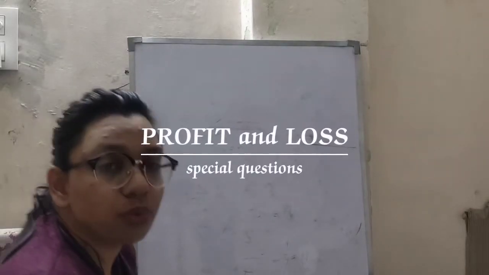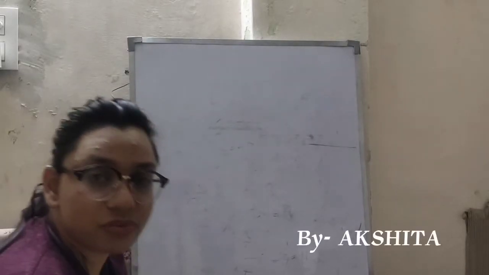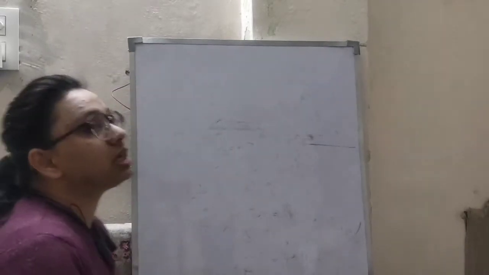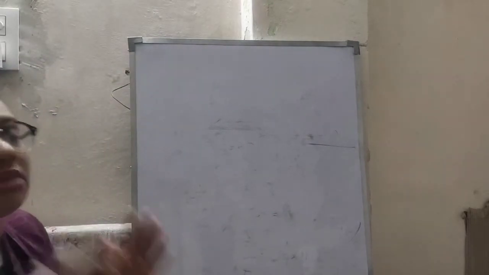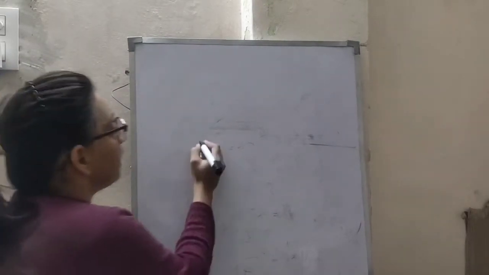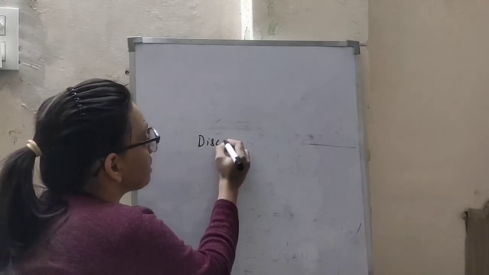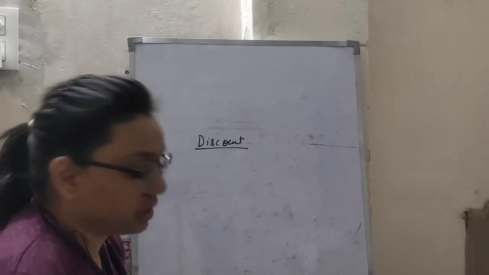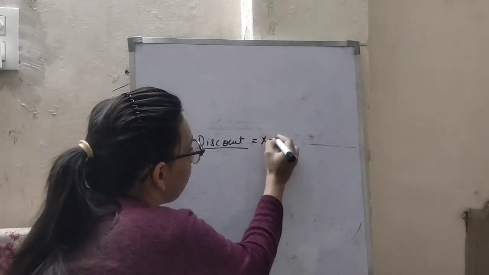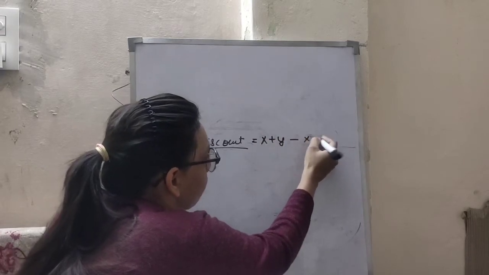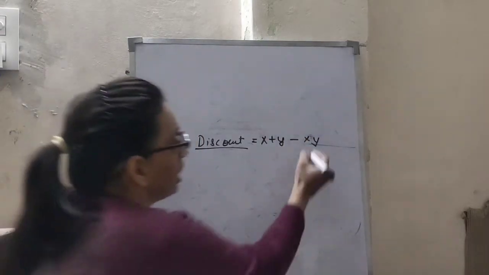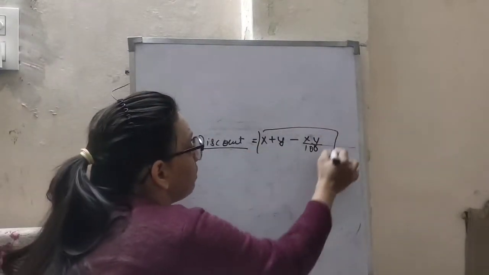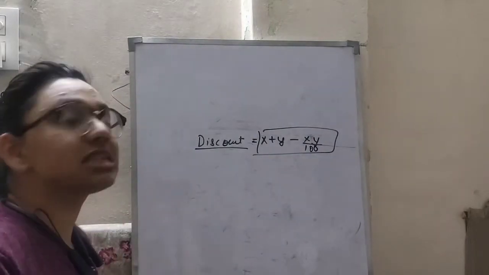Guys, so today we are going to continue with profits and losses and the questions related to that. First of all, today we are going to do the discounting question, and I will be doing it with a particular formula, that is, when we need to calculate the equivalent value of discount basically. So herein we use the formula x plus y minus xy upon 100. So herein we will be dividing by 100, and this formula we will be using in order to calculate the discounting part.